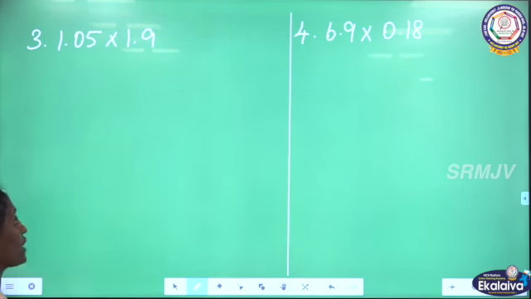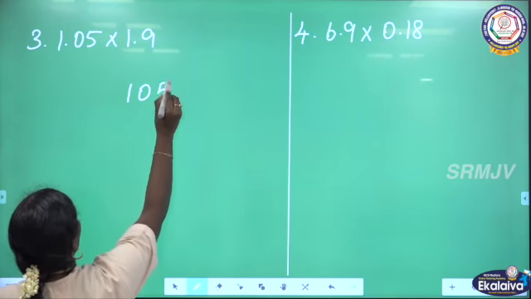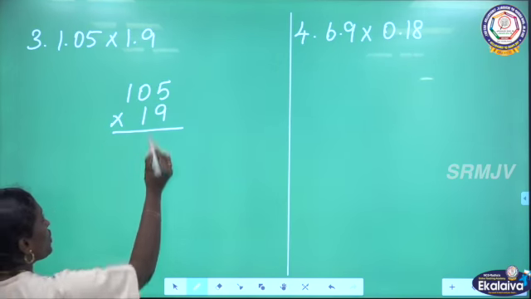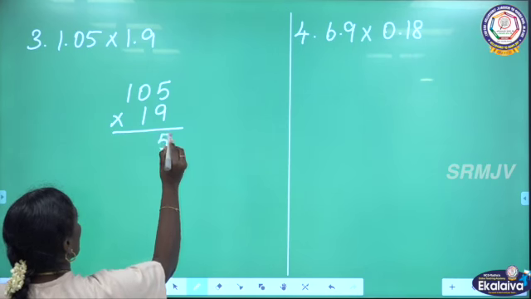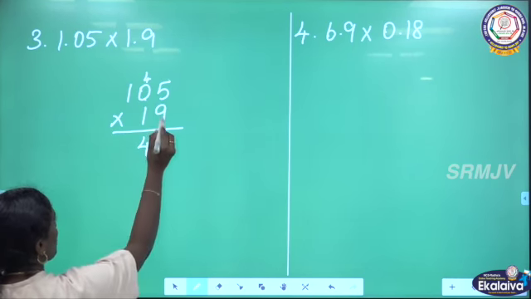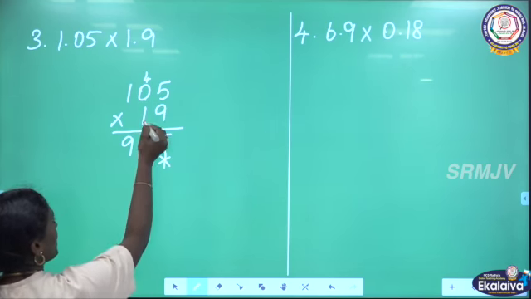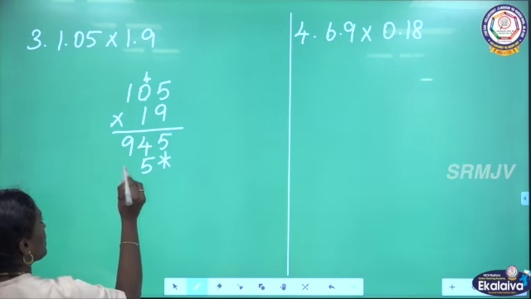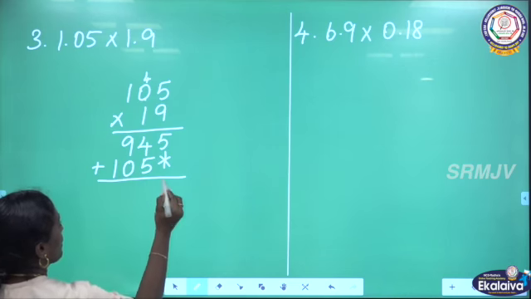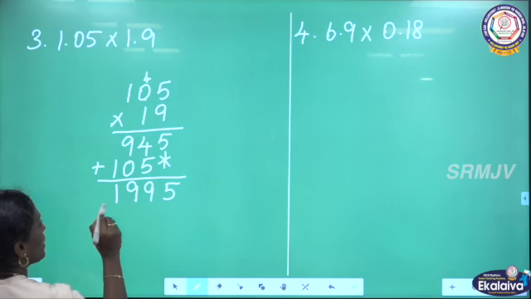Is it clear? See the next one. 1.05 into 1.9. Now we are going to consider them as whole numbers, 105 and 19. First we have to find the product of these two. 9 5s are 45, 5 here, 4 carry over. 9 into 0, 0, 0 plus 4, 4. 9 into 1, 9. Now we have to leave the ones place. While multiplying a number by 1, we will get the same number. 5, 0, 1. Now we have to add: 5, 4 plus 5, 9, 9 plus 0, 9, 1. Now we got